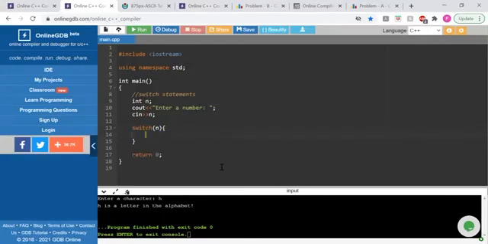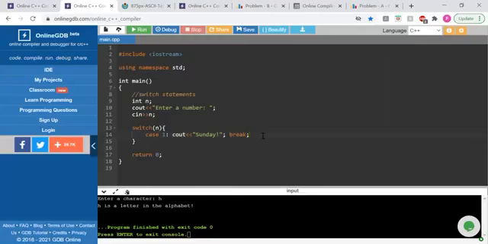So we are going to have various different cases. We're going to start from 1 through 7, and we are going to start with the first case, which is case 1. So in case 1, if the user enters n as 1, we are going to cout Sunday, for example. But here's the thing with switch cases. Now, when it comes to switch, we always have to include break. So break basically